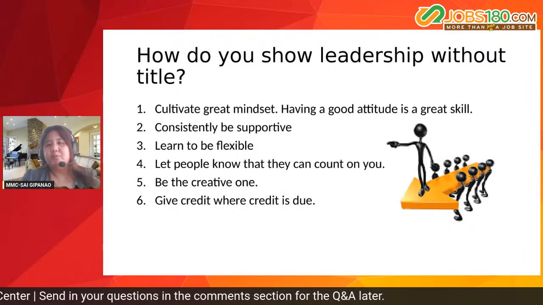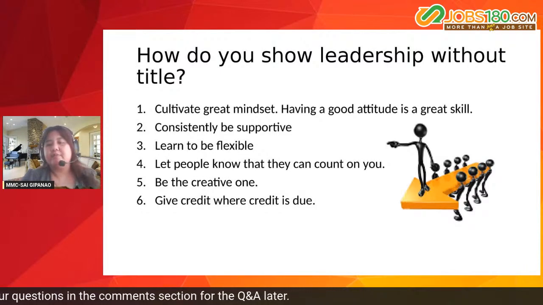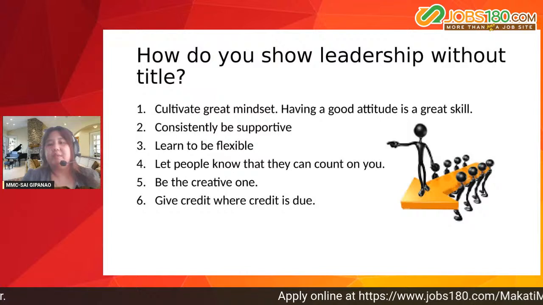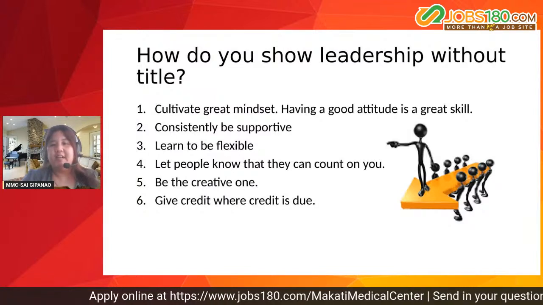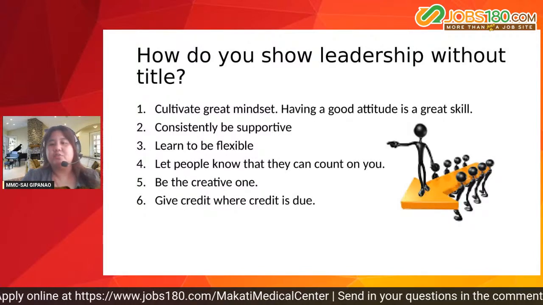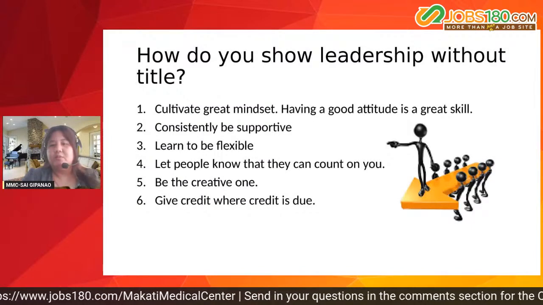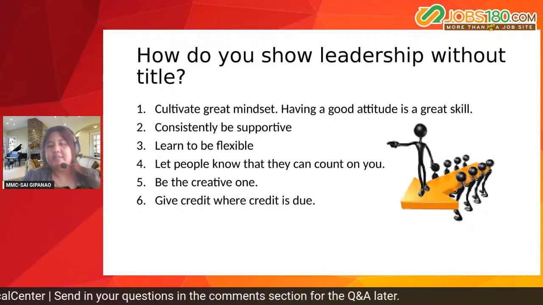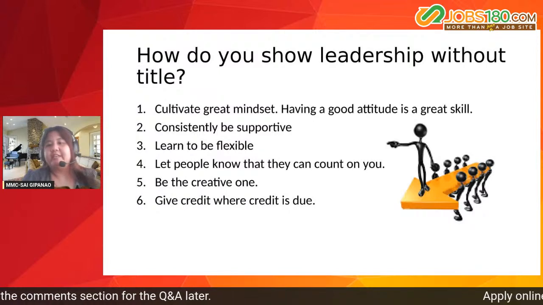What can you do to make things easier for your customers or clients? Use your creativity to continuously improve processes and you will always stand out. And last is give credit where credit is due. So learn to acknowledge others also. The way to stand out is to stand together, to acknowledge others for their contribution and give credit where credit